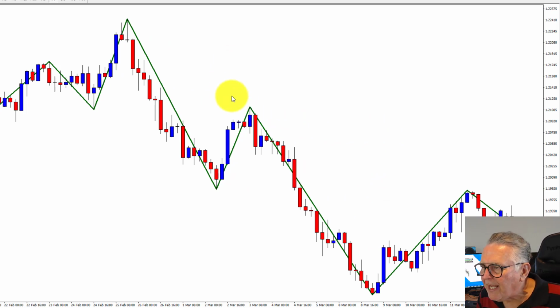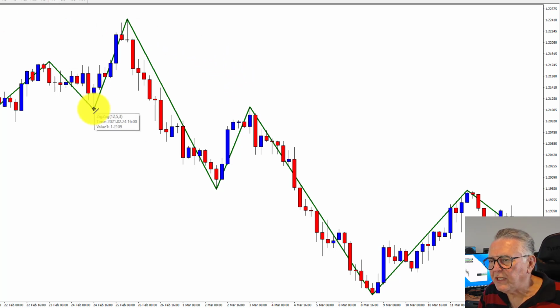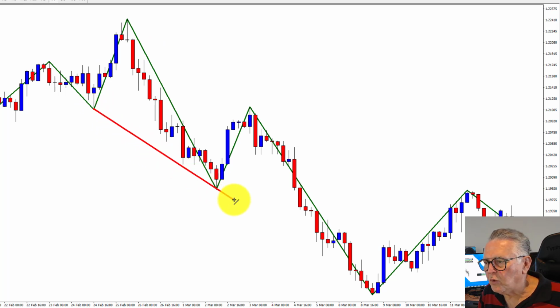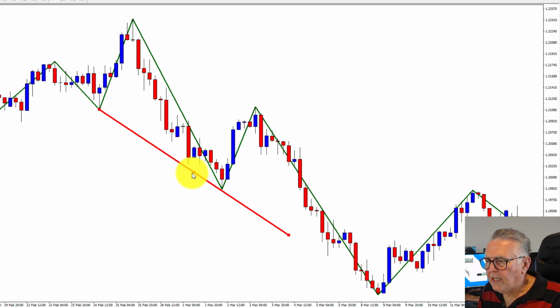How could we have entered at that particular point? Now, one of my favorite starting points with any transaction are channels. So the first thing I would do is draw a channel, and the channel needs 3 turning points, and you always go to the last 3 turning points. So if you go back, that's 1, 2, 3. So I'll start at 3 and I'll draw a channel line over there, and we then draw a parallel line